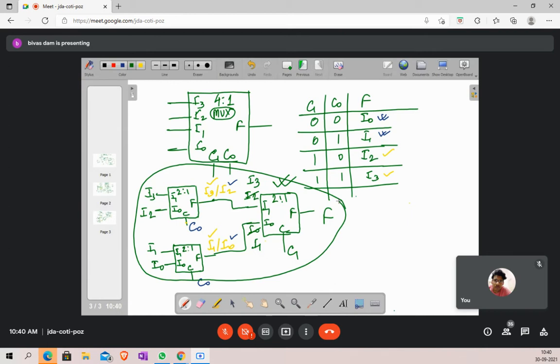In the binary tree, in the very first stage, I will be connecting all the primary inputs sequentially, maintaining the proper order. There, you will connect as the control input the least significant control input bit. Then for the next stage, I will connect the next higher significant control input bit. Then in the next stage, the next higher significant control input. This way the tree will propagate.